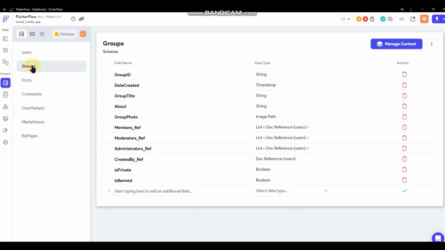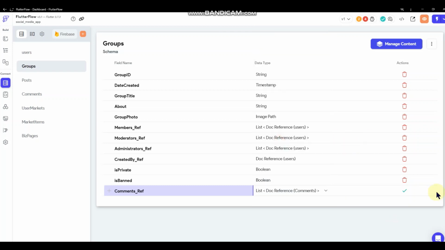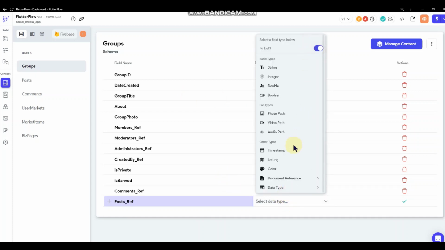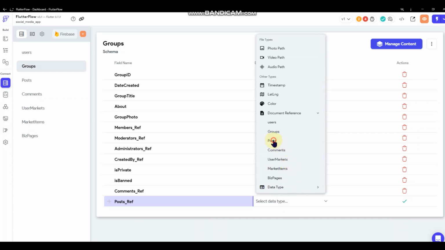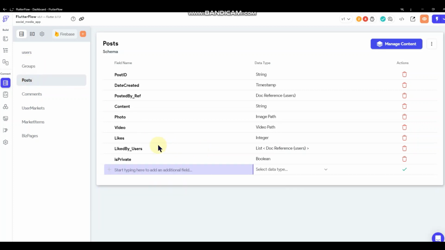And we're going to go back to groups. We're going to add in a new reference here. So we're going to do comments reference. And set that as a list. And then we will reference comments. We'll go ahead and do that. Let's see here. Let's go ahead and do it for our posts. Okay, so that'll be good for there.